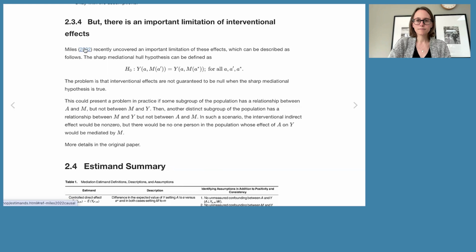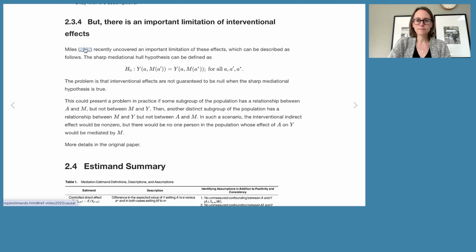The problem that he uncovered is that there can be no one individual in your population who has their treatment affect their mediator, which then goes on to affect their outcome. So that means that no individual in the entire population has this indirect effect. But it could be that your